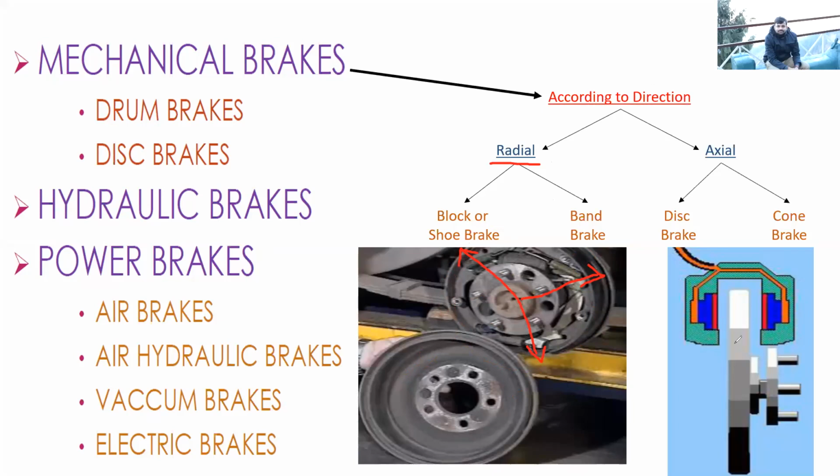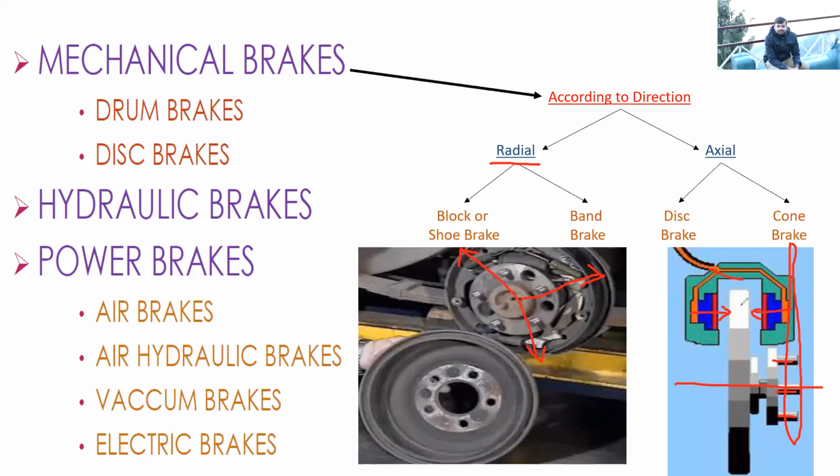So what happens in a disc brake? This is the disc, and the axis of the wheel is something like this. Here, as you can see, the bolts are coming out over here. The tire will come and get fixed. Okay. Now, when we apply the brakes, what will happen? This orange color is the brake oil. When we press the lever at our hand, the brake oil will flow through this, and it will push both these pads towards this disc.